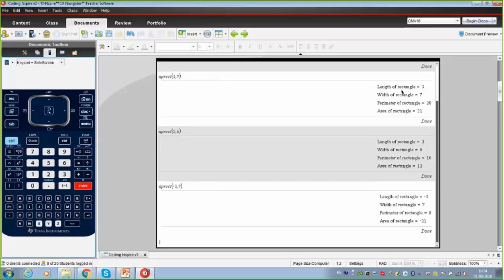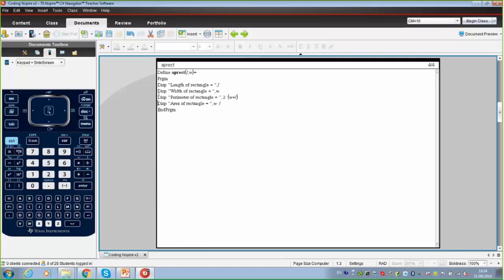So just to show you that program, very simply, this is what I would then show the students, and as I said to you earlier with Brian, perhaps get them to suggest what the program may consist of. So we've got Disp, like Brian showed. Up in here, these are obviously the variables that people choose, the values. And then it basically just displays the length, displays the width, and then displays the perimeter with a little calculation at the end,